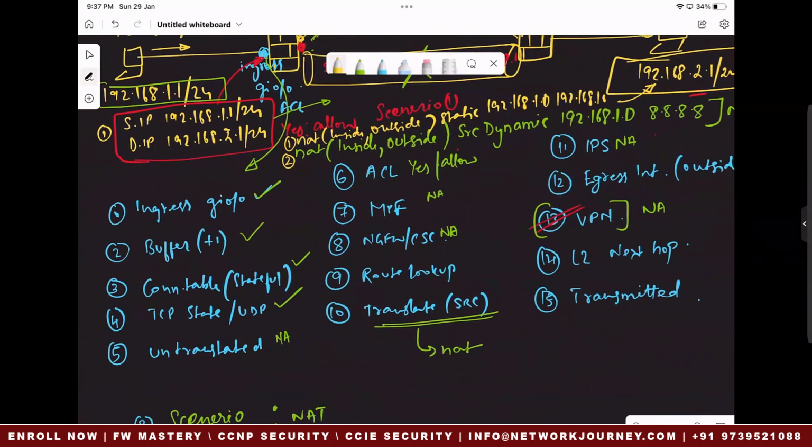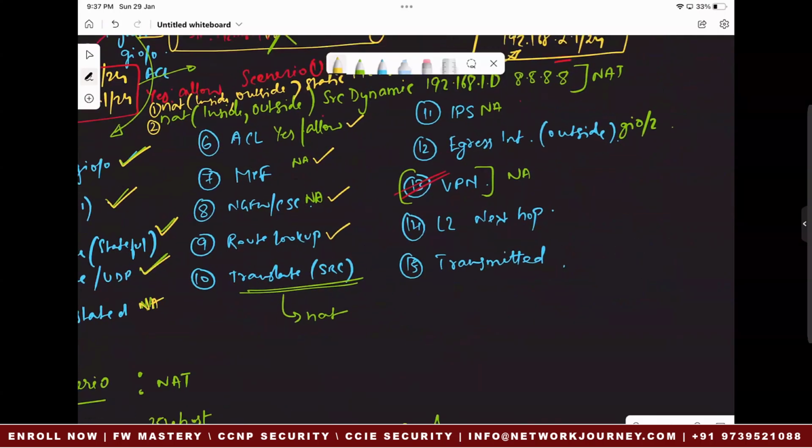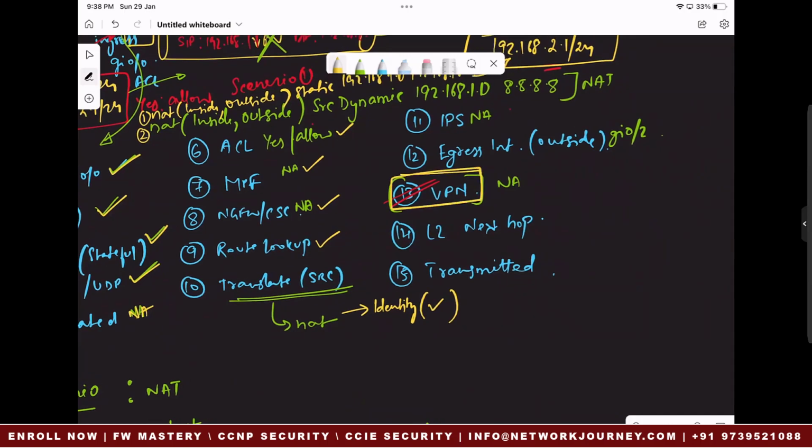So let's see the packet flow now. Ingress interface, buffer counter increased, connection table created, TCP checked, it's inside originated. So once again, not applicable. ACL is allowed, not applicable. Next gen, not applicable. Route lookup will be done. And during the NAT translation, first the identity NAT is kept in a sequential order. So this will be checked, and as per that, you have put a condition. If it is by PC2, then only the identity NAT gets triggered. If that is the case, then it will take step number 13 and go via the VPN